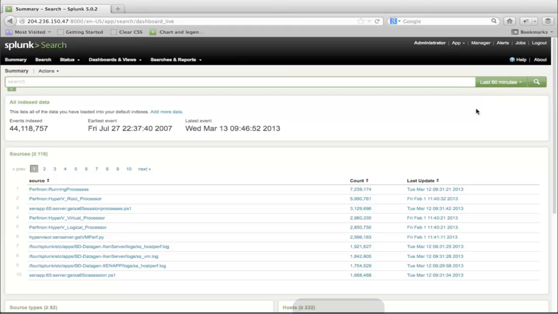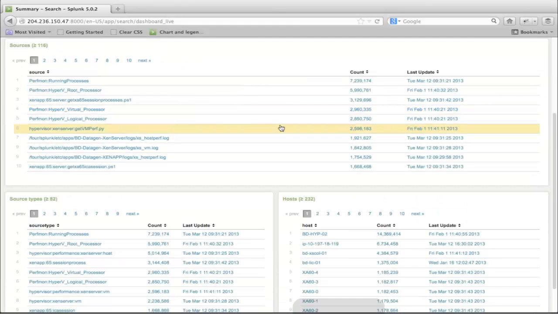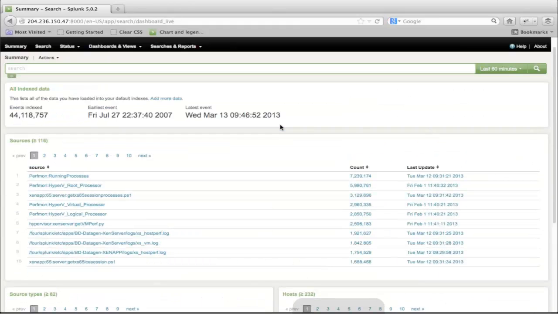Then once you have Splunk up and going, you have to get your data into your Splunk instance. What you're looking at here is just a centralized Splunk instance, and I have some data coming in. You can see on the screen my index data and the sources of the data, and farther on down here the source types and the host of where that data is coming from. So I have to get the data into Splunk, and there's a couple of ways of doing that.